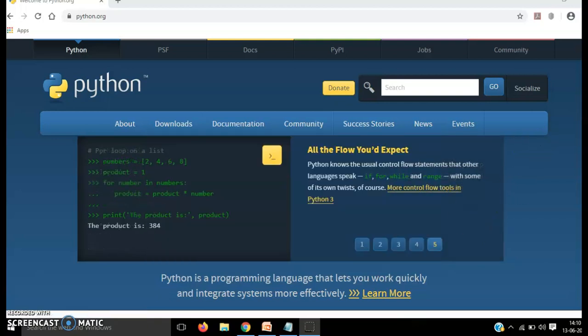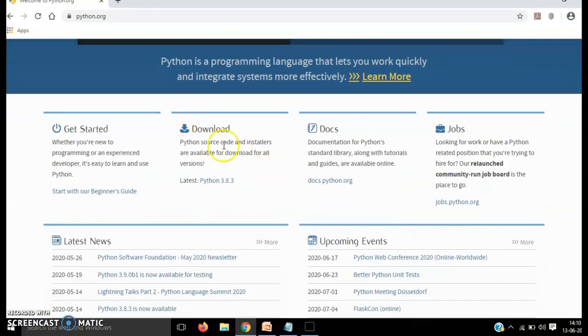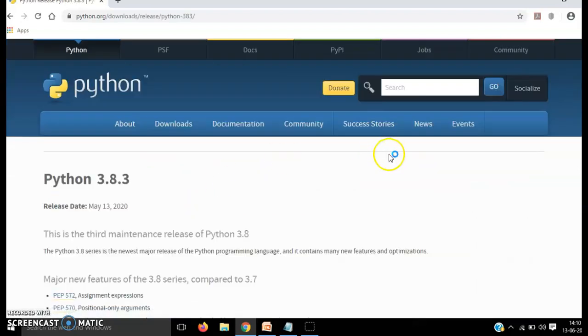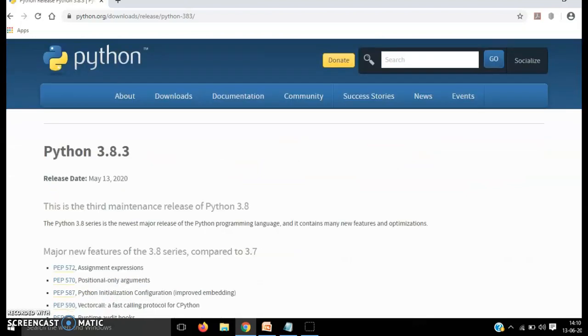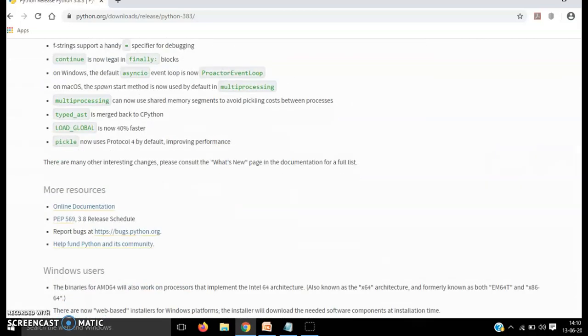For that matter, I will scroll down in this website and here I can see one download option. In this option, I will click on latest Python 3.8.3. After clicking that, this page giving the information of Python 3.8.3 version will appear. Here also, I will scroll down